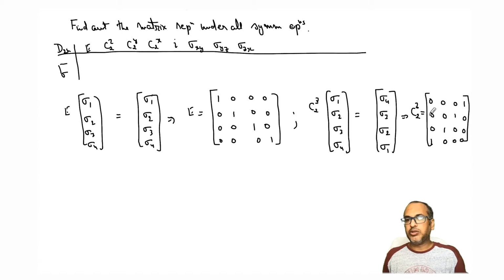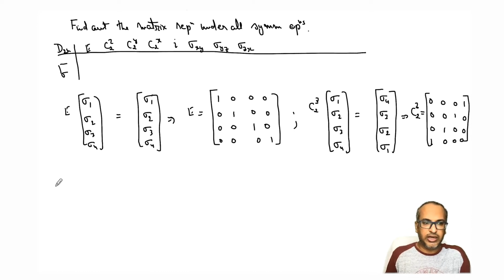Now sigma 2, that is the second row, sigma 2 is going to sigma 3. So I have placed 1 here. Similarly, sigma 3, that's third row, is going to second position. So sigma 2. So that's why in second column I have placed 1. And sigma 4 is going to sigma 1, right? So let us see that more carefully with other operations also, so that it is very, very clear.